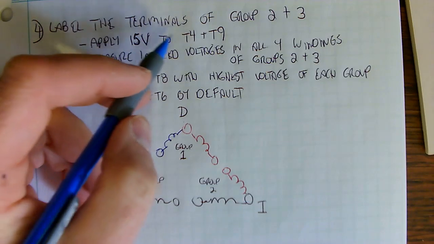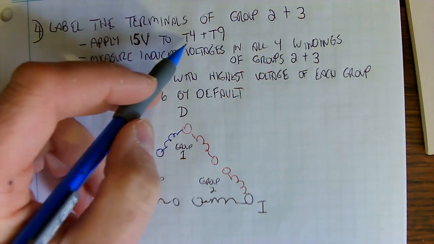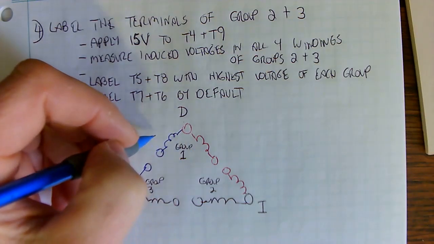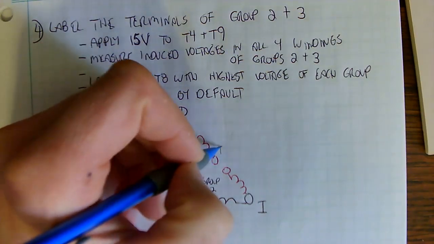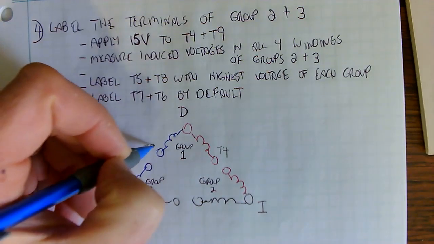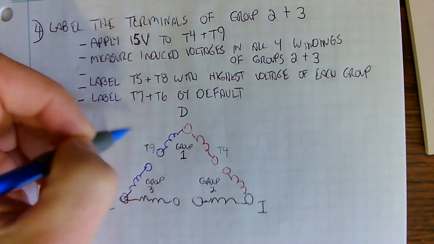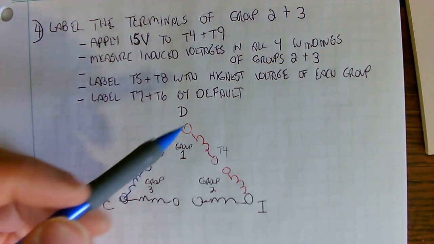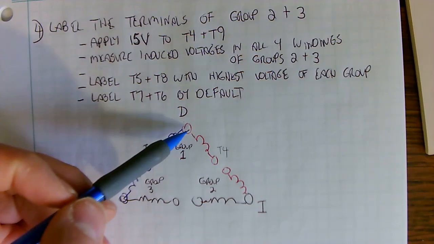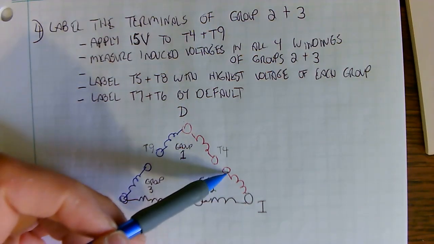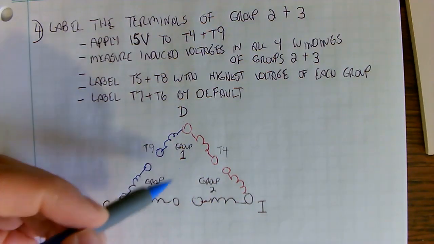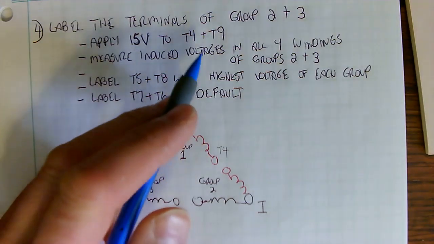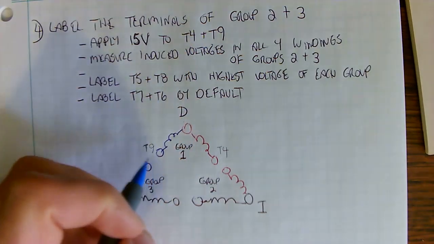But we also have to look at, so apply 15 volts to T4 and T9. Sorry, I skipped a step here. So first of all, we have to know what the terminal labeling is. So this is T4 and this is T9. And that is done in a previous video or steps that you guys have learned. You can also search the internet. This is a standard. So this is T1, T4, T7, T2, T5, T8, T3, T6, and T9. So I would memorize those things. So I'm using that terminology to help us